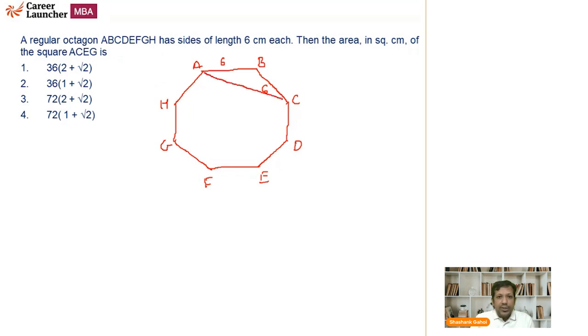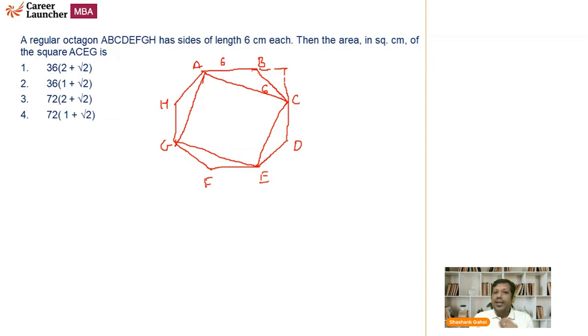So I'm joining this, then E, then joining this, then G, then I'm joining this. So this has become a square. And the question is asking what is the area of this. Fair enough. So what I'm going to do is extend it, joining like this. So basically, if we talk about a regular octagon, in a regular octagon,